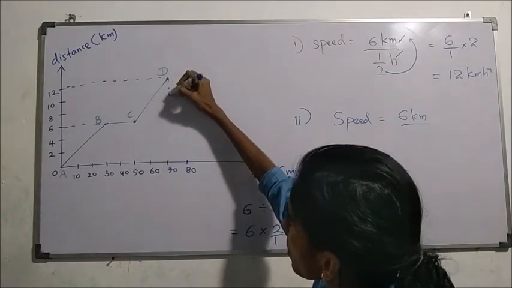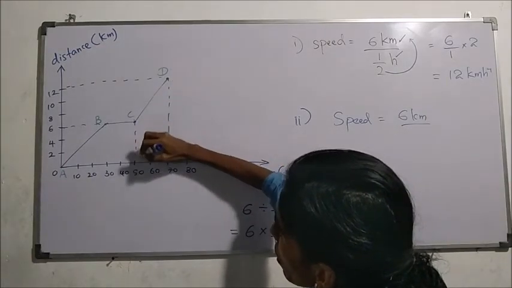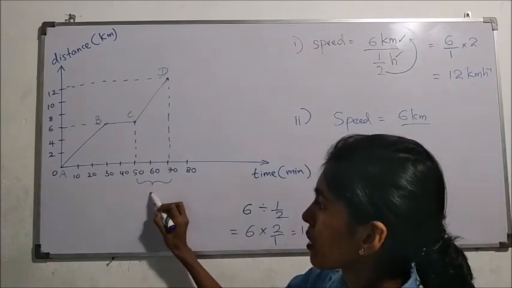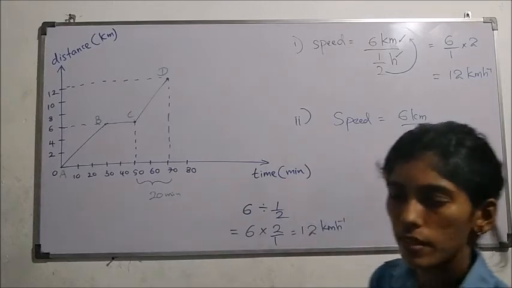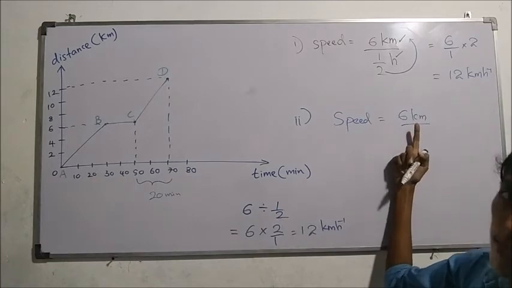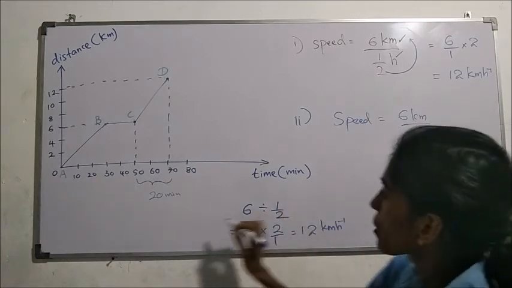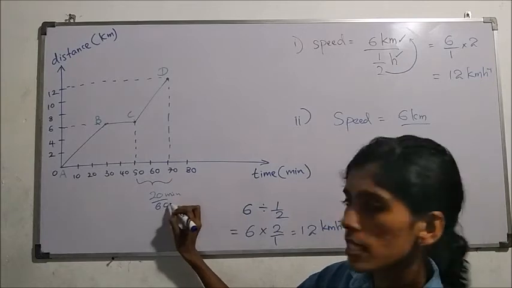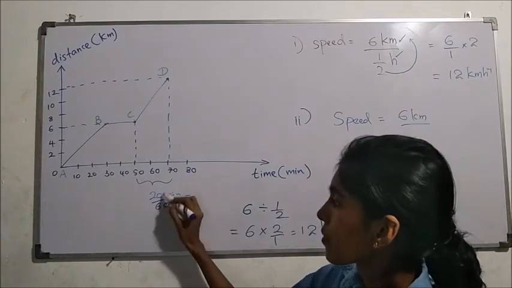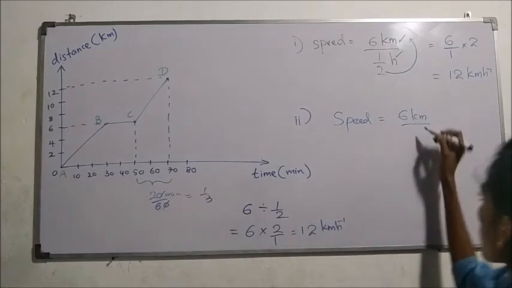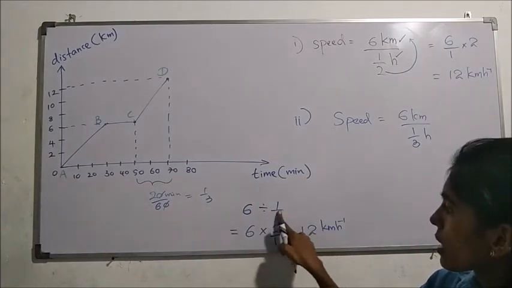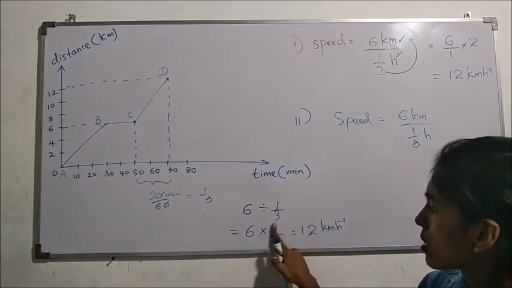Next, the time duration. To find the time duration, go down along with the points. From 70 subtract 50, 20 minutes. Now we know that minutes should be converted into hours because this is given in kilometers, right? How do we do that? 20 should be divided by 60. To convert minutes into hours, to the bigger unit, divide by 60. 1/3, right? 1/3 hour.